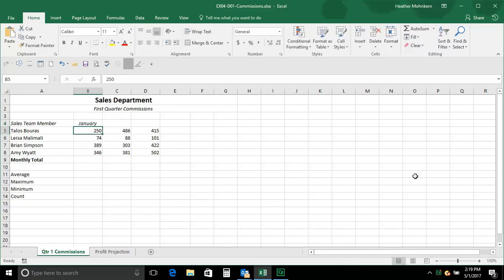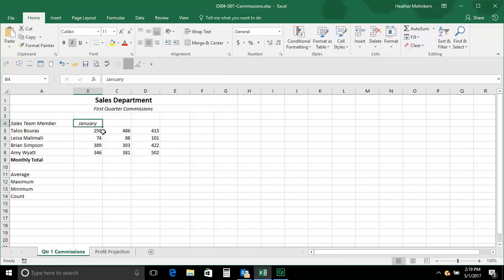Now, if I type January and I want to keep on going, February, March, even April, May, June, July, it depends on how far I want to go with this. Rather than pressing my tab key and going over into the next cell and typing and then tabbing and typing and tabbing and typing, I would click on the cell where I have January, go down into the lower right